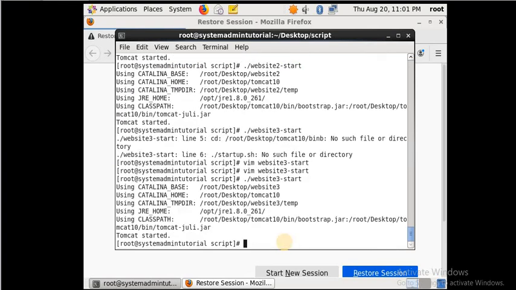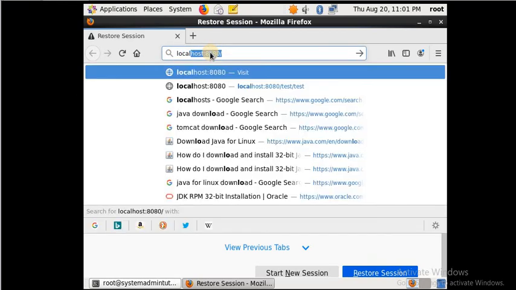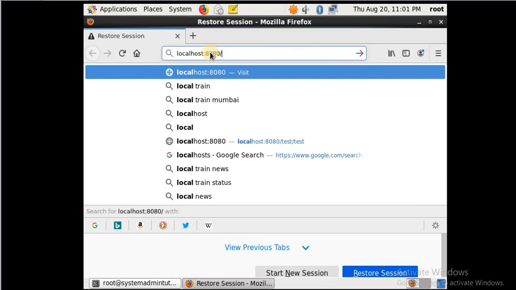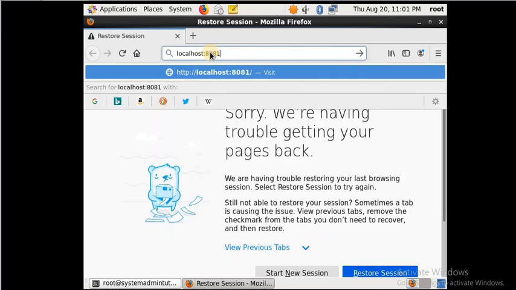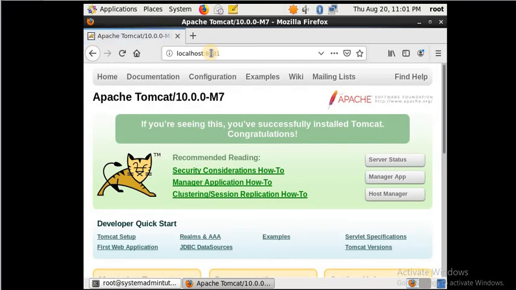And start the script. Yes, all the script files started, and for all these instances, Tomcat has been started in a single server. Next, we'll go to the browser and check whether the site is working on a different port. What is the port for website 1? It is 8081. You see it is working properly.